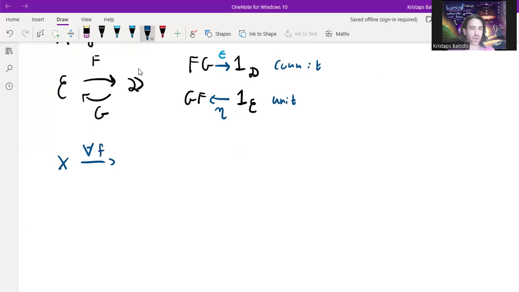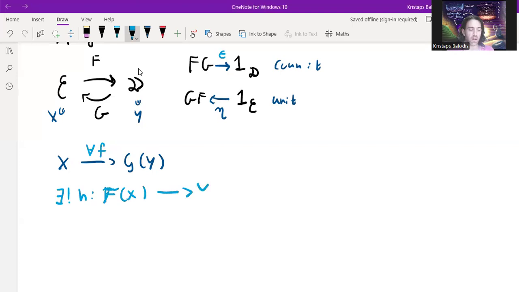F, from X to GY. So for all objects X and Y, for all choices of X here and all choices of Y here, for all F, there is a unique H going from FX to Y, such that the following diagram